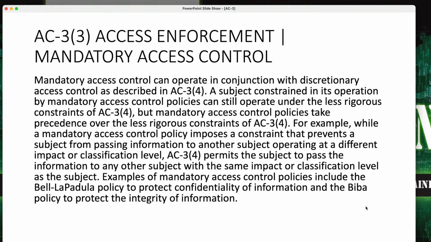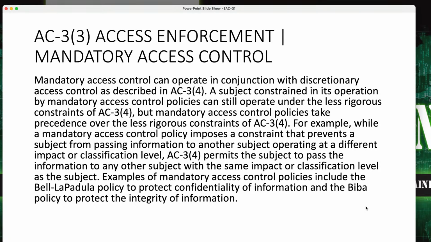For example, while mandatory access control policy imposes a constraint that prevents a subject from passing information to another subject operating at a different impact or classification level, AC-3 Enhancement 4 permits the subject to pass the information to any other subject with the same impact or classification level as the subject. Examples of mandatory access control policies include the Bell-LaPadula policy to protect confidentiality of information and the Biba policy to protect the